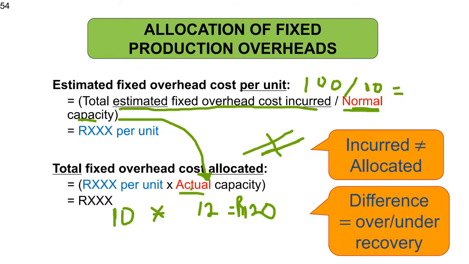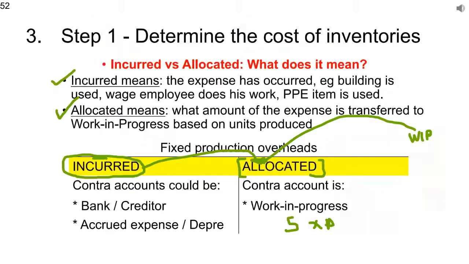We've absorbed more. And we only incurred costs of 100, meaning the landlord only charged us 100 Rand. But when calculating our inventory, we inflated it and transferred too much cost. So if we have a look at this account here, this expense account, rental expense, whatever, it's now sitting in a credit because we only got 100. We only got 100 in here, but we've now taken out 120. So we've got a credit here of 20 Rand. You see the problem that we have,